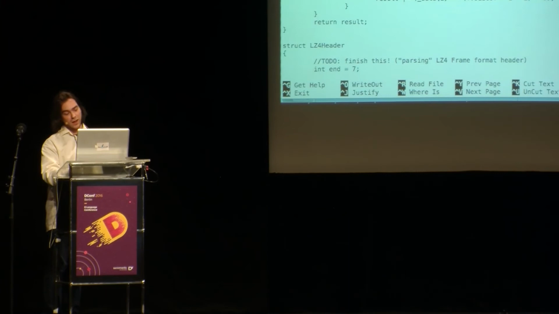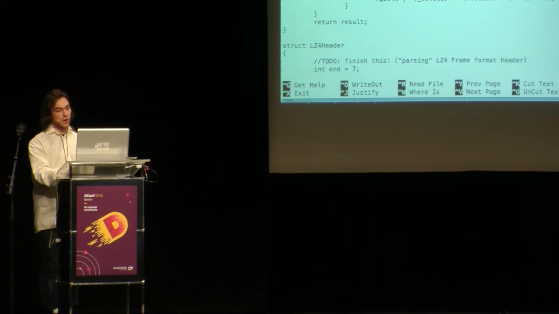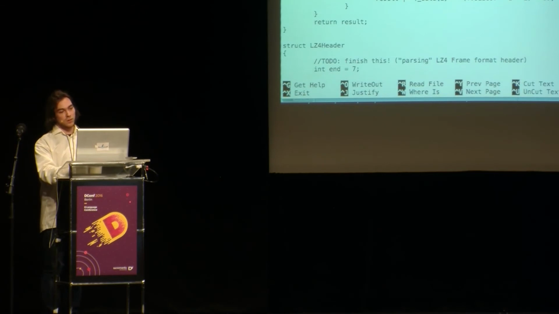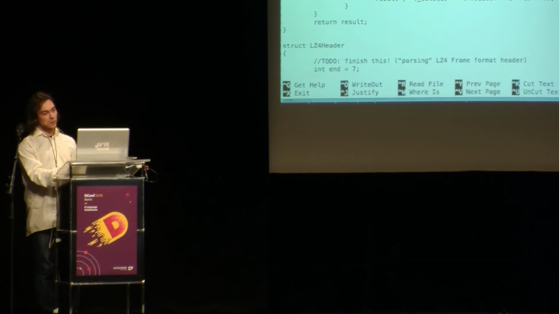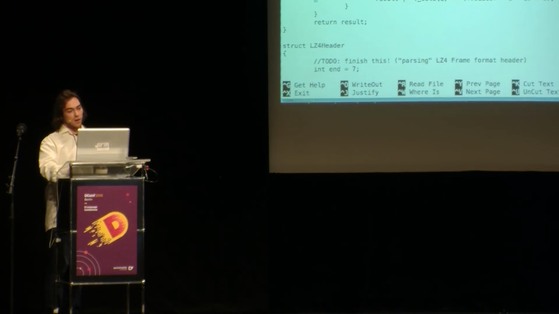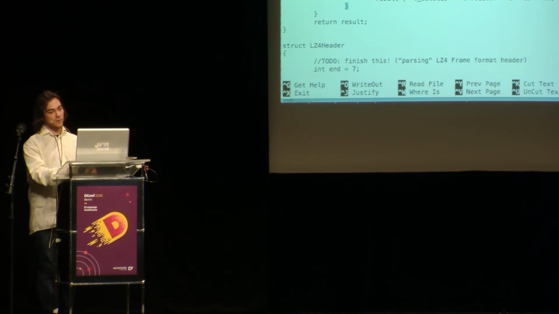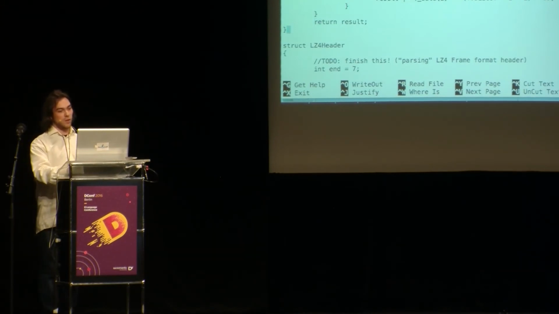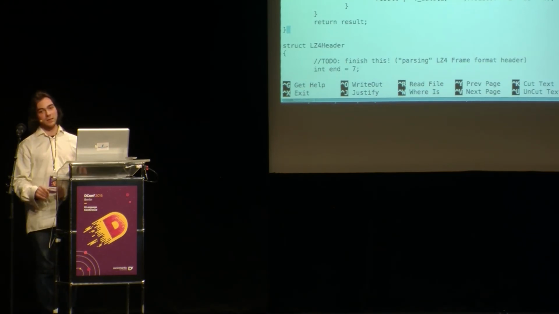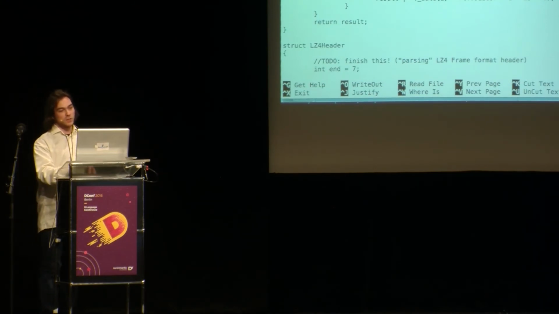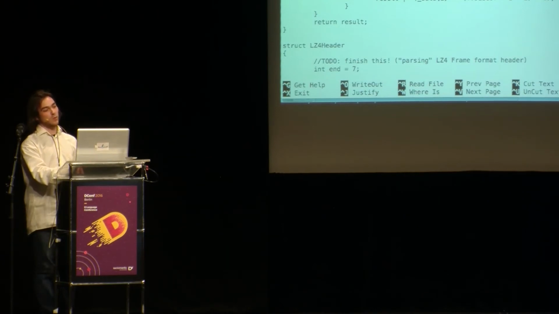I can just change the endianness if I feel it is necessary, and this static if is basically like hash if in C, so just this code here will get compiled and it will all get optimized. It will just do shifts to make sure that the ubyte array that I passed in is read as the type that I have, and I didn't want to import Phobos, so I just made this poor man's